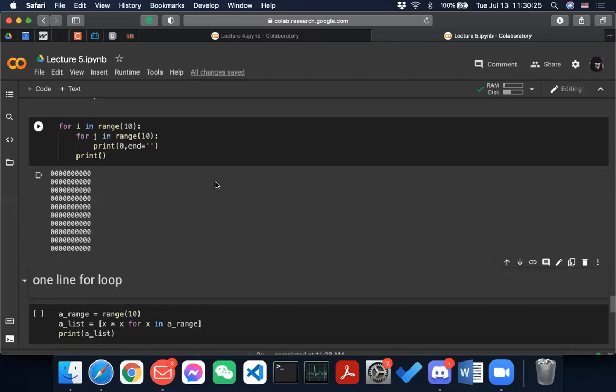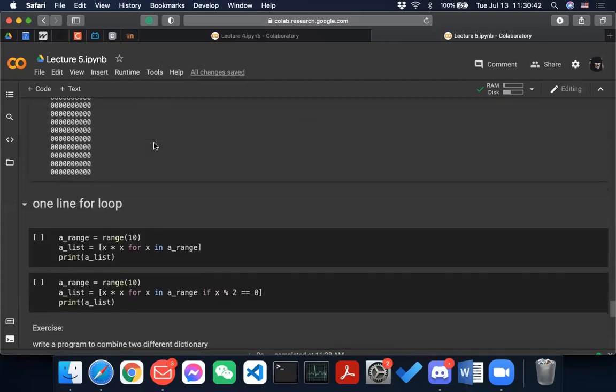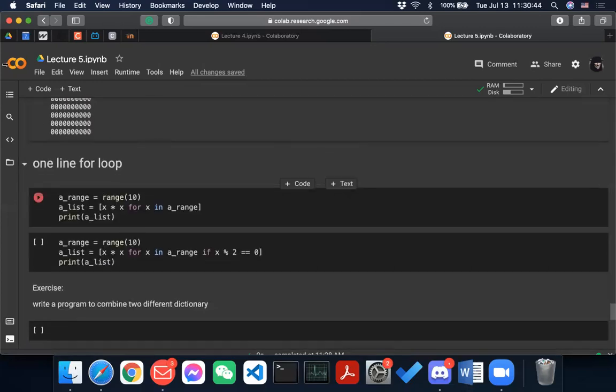Nested loops just means that if you iterate i 10 times and then iterate j 10 times, then the entire thing will be 100, right? That makes sense. 10 times 10 equals 100.